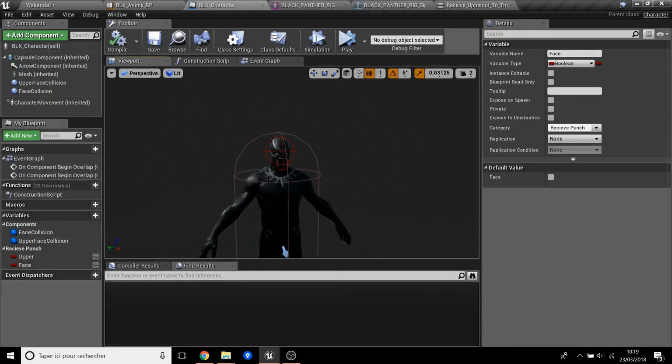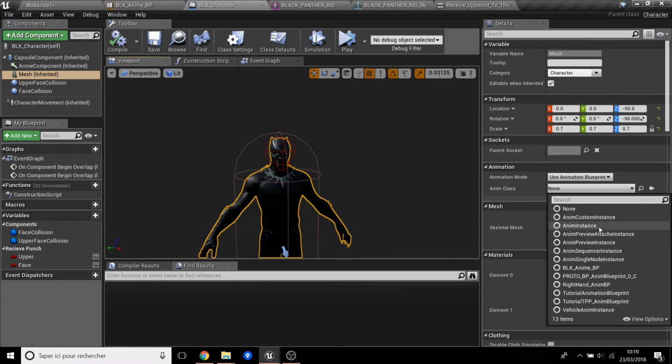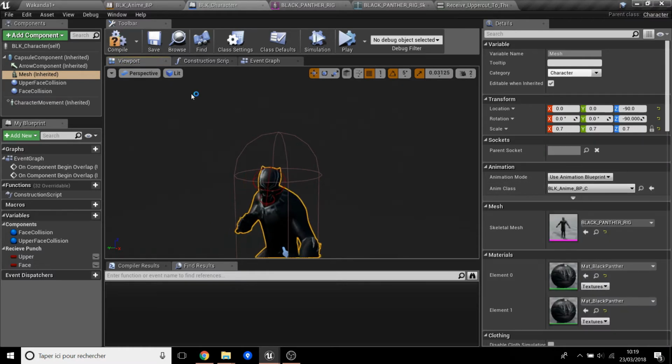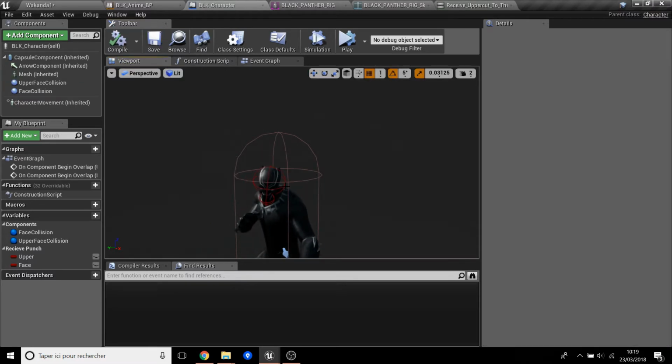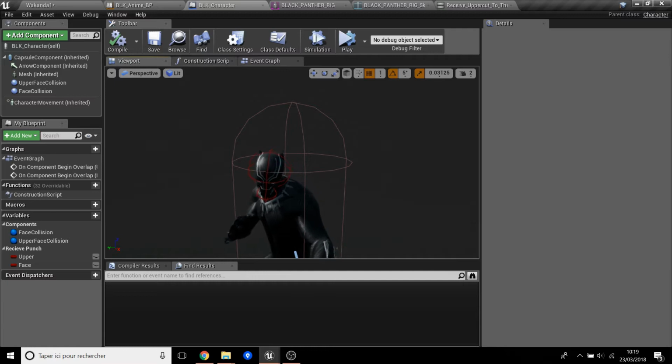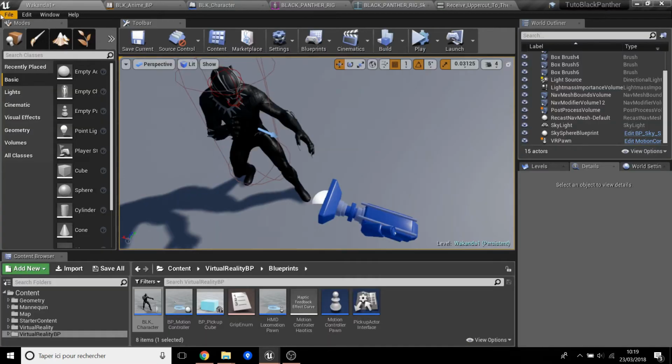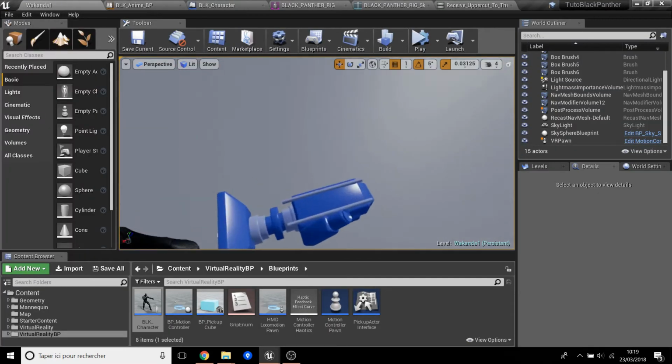Go back to the mesh, put the animation back again. You see it's really attached. When the head moves, everything moves, the collision moves. I really like it. Okay, save it